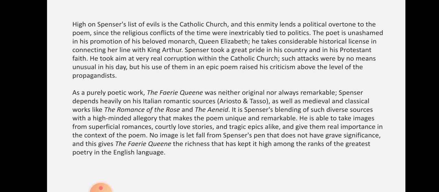The poet is unashamed in his promotion of his beloved monarch, Queen Elizabeth, and he takes considerable historical license in connecting her line with King Arthur. So, two characters, Queen Elizabeth and King Arthur, have been glamorized. They are presented as the protagonists. They are presented as important persons, and we know that the English community are